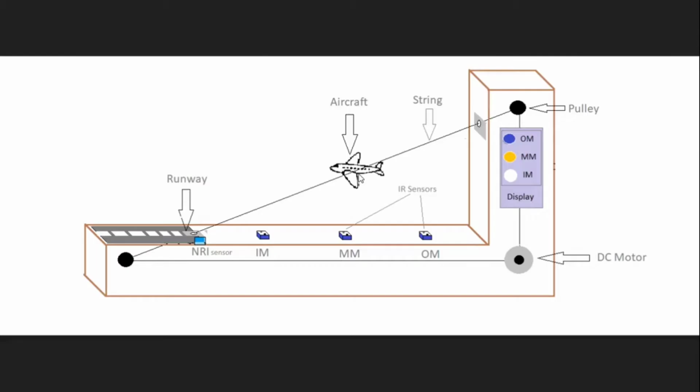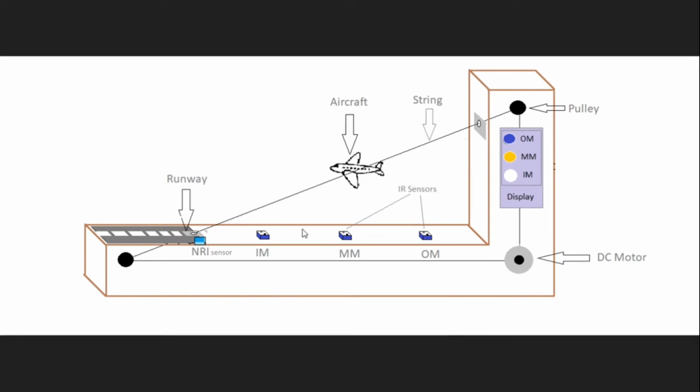At first, I am going to explain how this marker beacon system works. There are three marker beacon stations: outer marker, middle marker and inner marker. They are placed on the ground and detect the aircraft approaching the runway over the markers. This system is specifically designed for the safe landing of aircraft, that is, the three marker stations help the pilot to navigate the distance of the runway threshold from the aircraft.